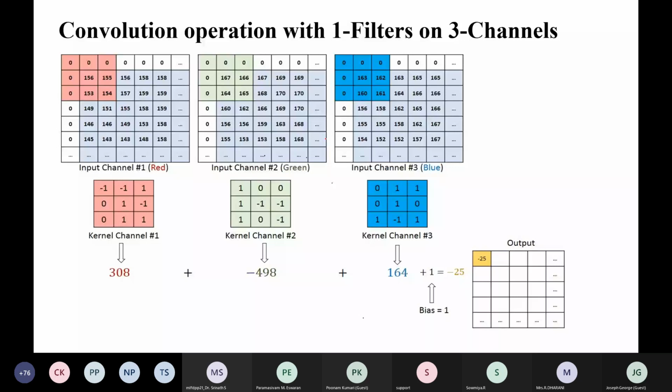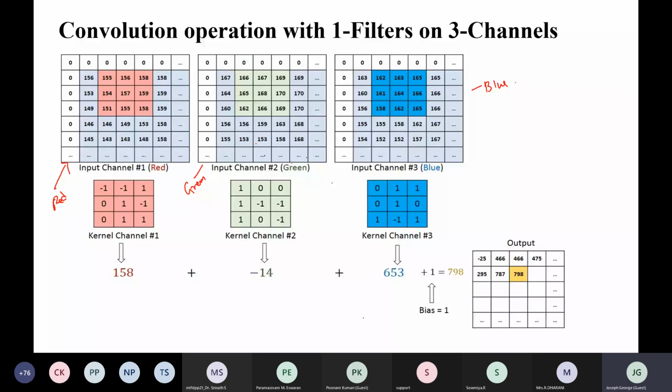Here, this represents the red channel, this represents green, and this represents the blue channel. So here the pixels of the red channel will be different from the pixels of the green channel and different from the pixels of the blue channel.